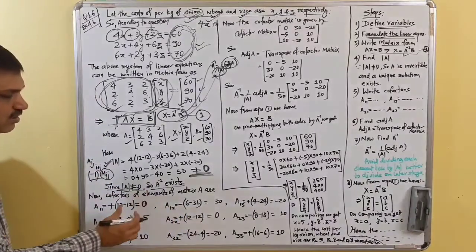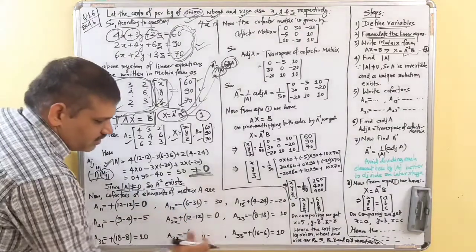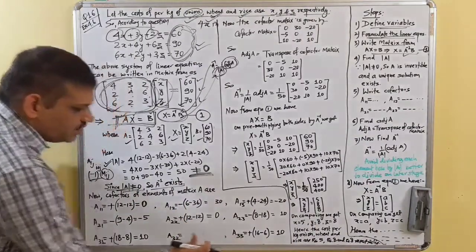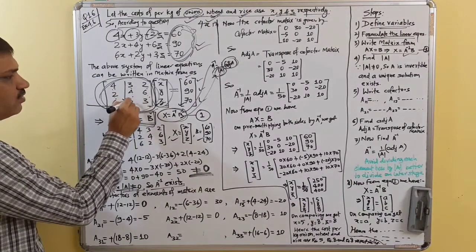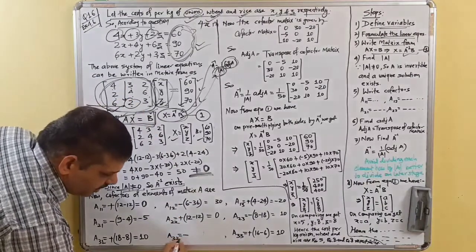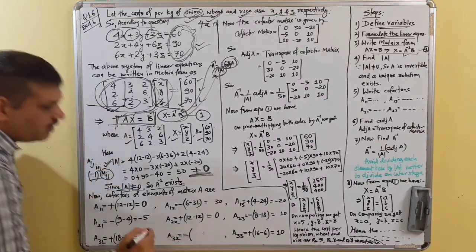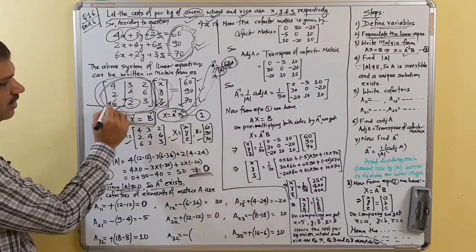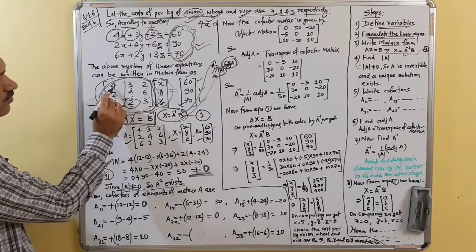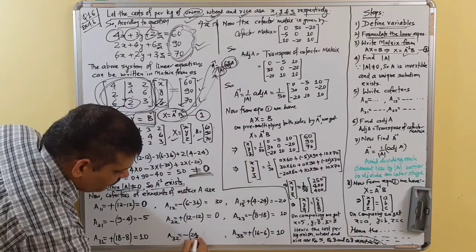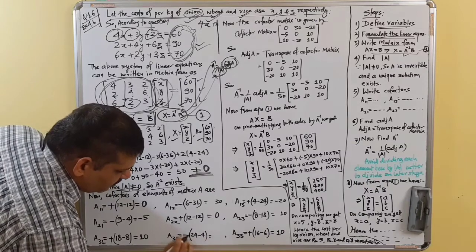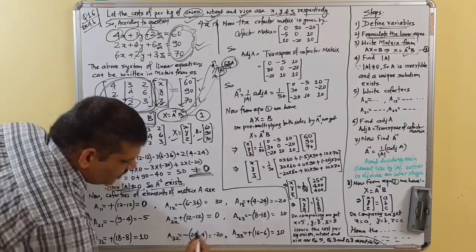So what we do is, suppose I need to find this cofactor. This is 3 2, third row, second column. So 3 2, I'll put a negative sign, 3 plus 2, and I'll put a bracket. Now eliminate this row and this column. So 4 6 24 minus 4, 24 minus 4, that is 20, minus 20.